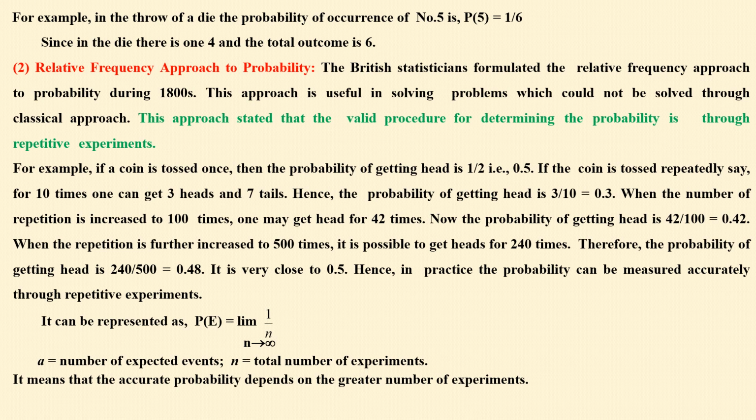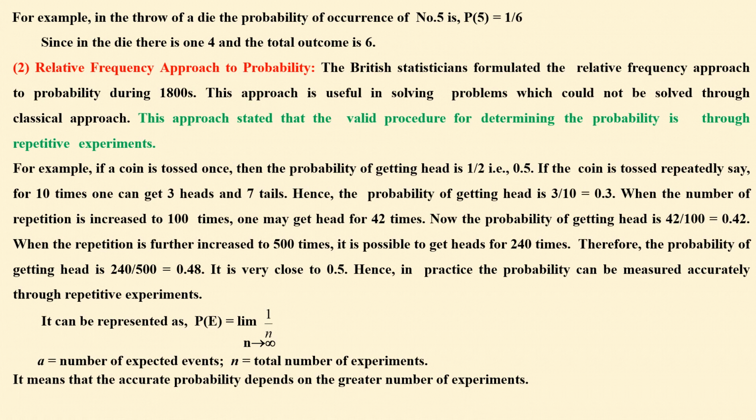In the case of drawing one card from a well-shuffled pack, suppose you are expecting the number 7. Number 7 means 4 different denominated 7 cards are there. Total number is 52. Expecting one card, that means 4 by 52 equal to 1 by 13. Or if you are expecting another number card, that also has 4 cards, so 4 by 52. Like that you can do.